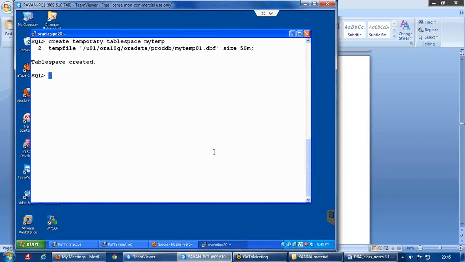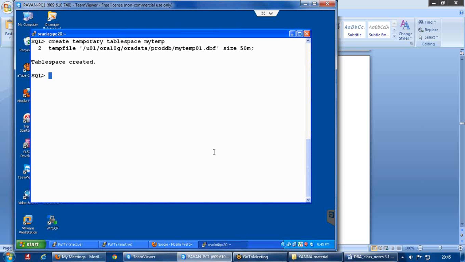Now one new concept that we have in 10g is something called a temporary tablespace group. So what exactly is this temporary tablespace group? Usually what Oracle suggests is, if you have 10 users in the database, all the 10 users should have their own temp tablespaces. Like user 1 should have its own temp tablespace, user 2 should have its own, user 3 should have its own. Like that, however many users are there in the database, all of them should have independent temp tablespaces.